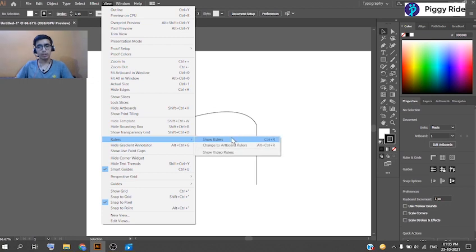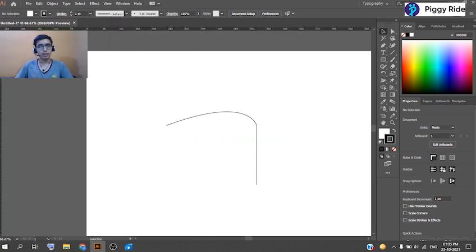For example, if we show rulers, it displays our rulers. What we can do with rulers is create a ruler over here, so that we can make the exact copy or exact angle in which we have to make, or define the center point. This is how a ruler works.